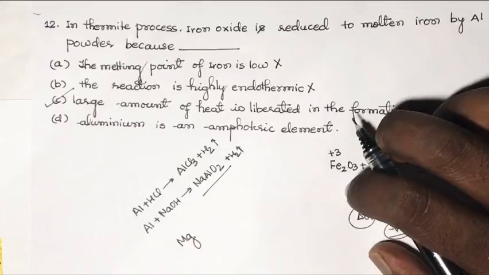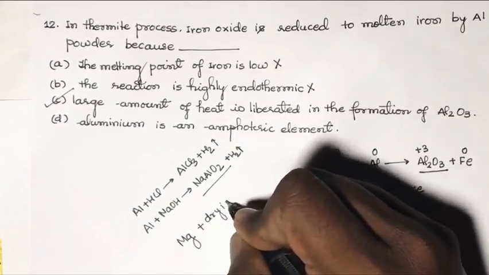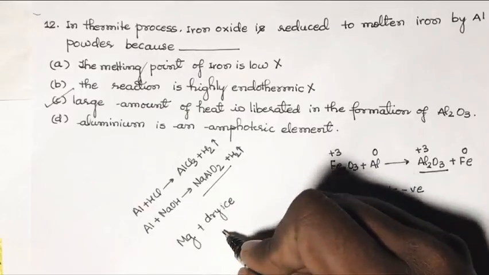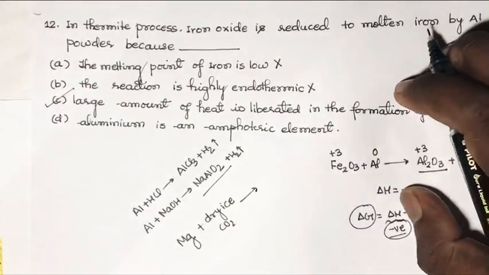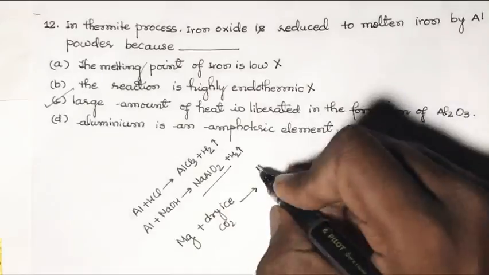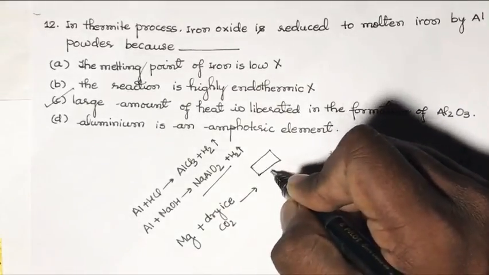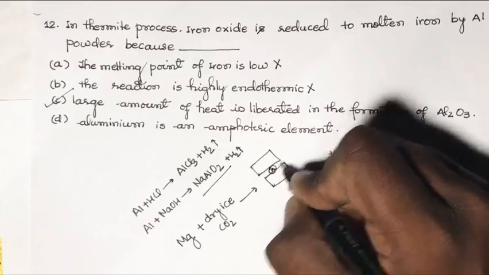And if you take dry ice, that is the solid CO2, and if you burn Mg in dry ice while keeping it on the slab of dry ice, so this is the slab of dry ice and this is the Mg, suppose, and if you heat it